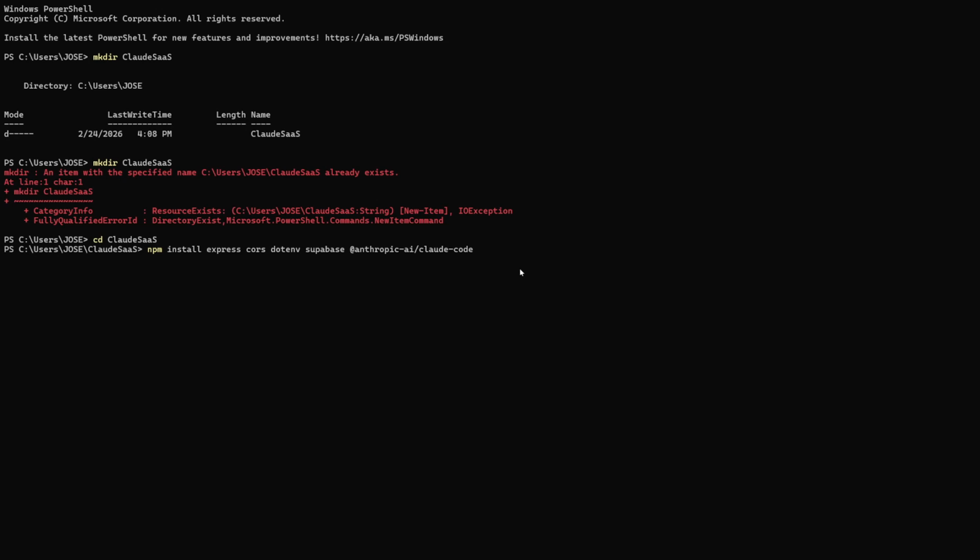After installing the dependencies, you need to create a dot env file to store your environment variables securely. In PowerShell, execute New-Item -Path ".env" -ItemType File. Then add the required content by using the Add-Content command. Start with Add-Content, SUPABASE_URL